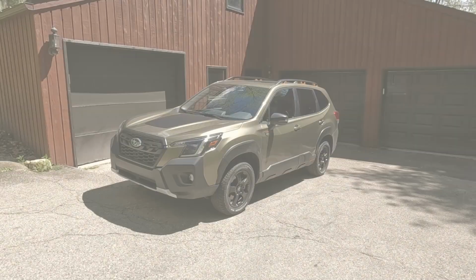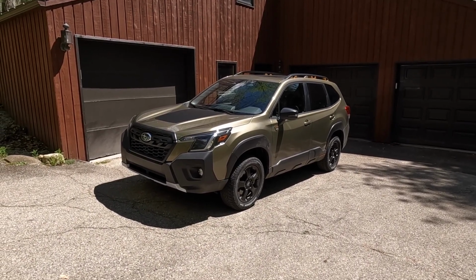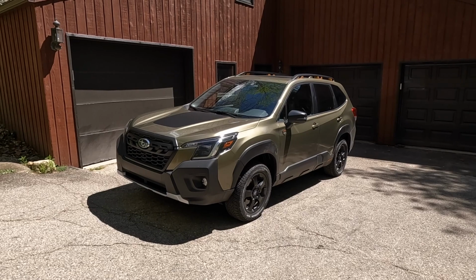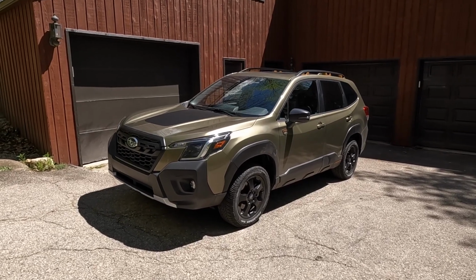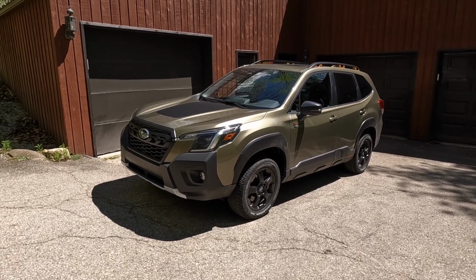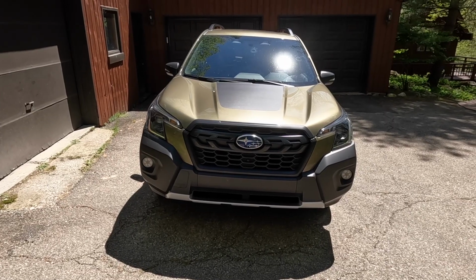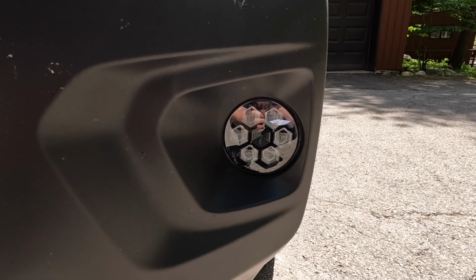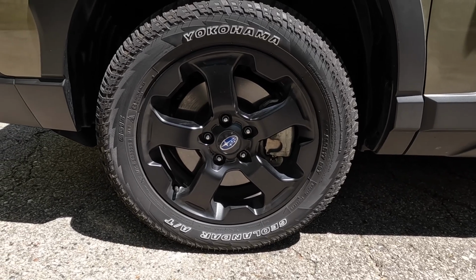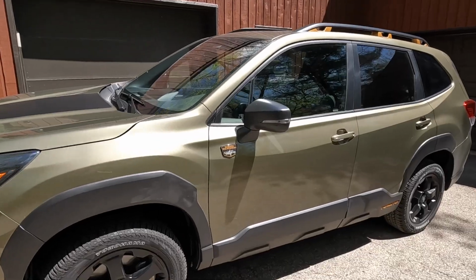All right, everybody, let's take a closer look at this refreshed for 2022 Subaru Forester. And this is a Subaru Forester Wilderness, of course, painted in autumn green metallic paint. Now, as far as visual cues that it is a Wilderness, there are a few. Let me show you. You've got a unique front grille and front fascia, hexagonal fog lamps, matte black hood decal, 17-inch wheels and tires, and those are Yokohama Geolandar all-terrain tires, extra cladding above the wheel wells, and of course,